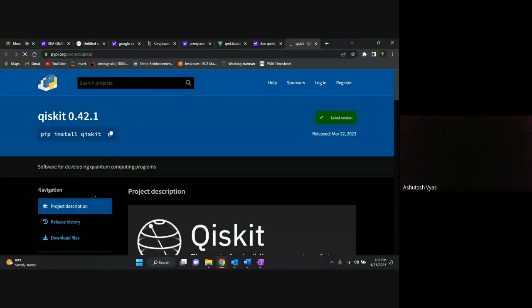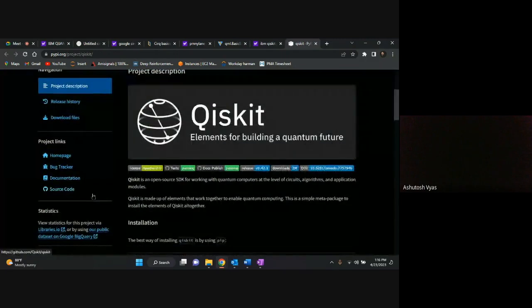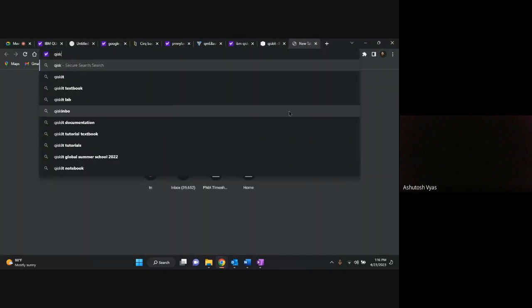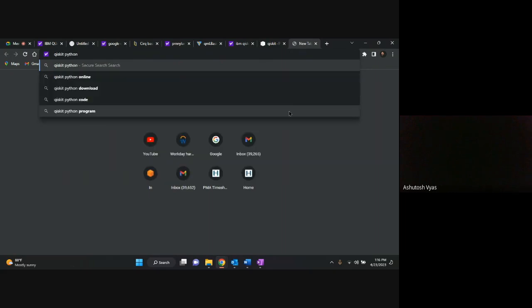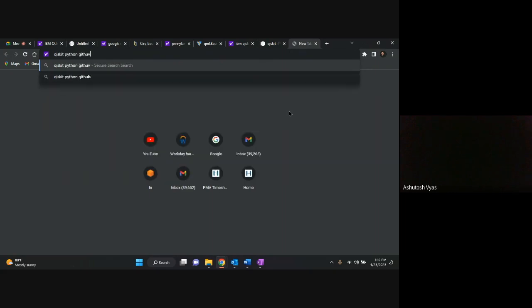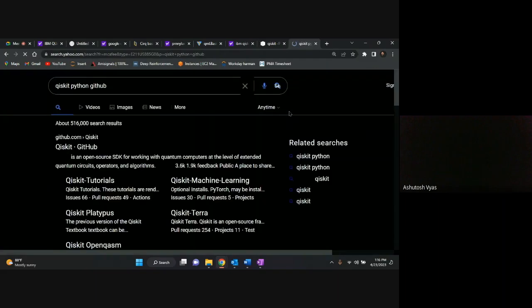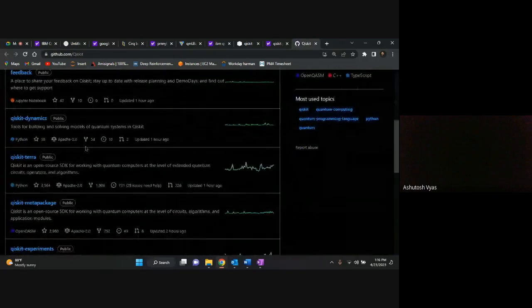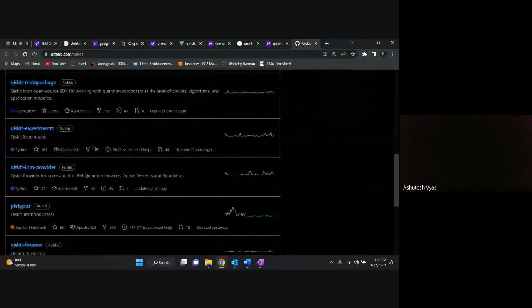Yeah. So Qiskit has a Python wrapper also. If you see this, you can use Qiskit in Python too. Again, if I write, there is an open source library of Qiskit. They are putting all their information together. Yeah, this is the one.